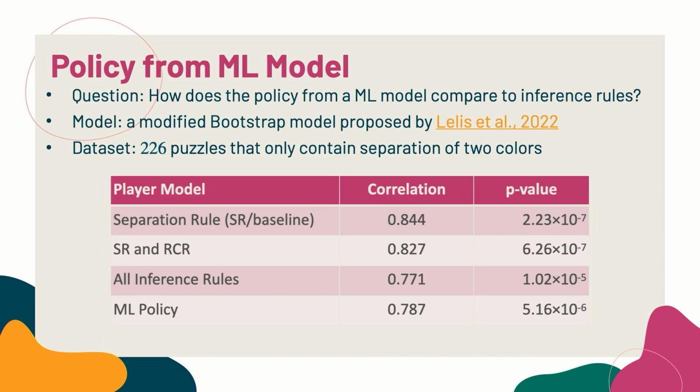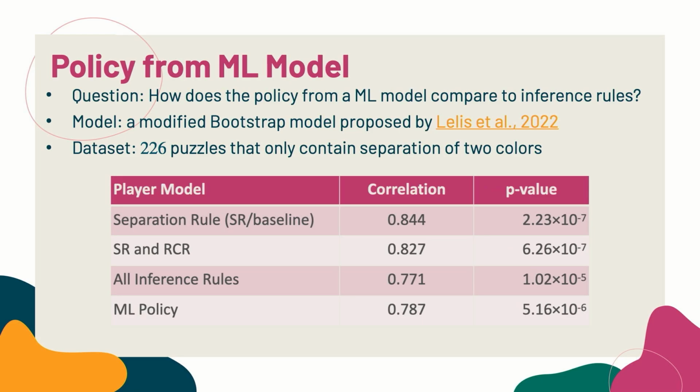One of the things we looked at then is we evaluated a machine learning model that had been created by one of my colleagues. And he just used this policy to learn how to play the witness puzzles. And now, because we have policies, we can actually ask, how well do these policies work? And what we saw is, although our inference rules can get a slightly higher correlation, the machine learning is actually doing a really good job of learning a high correlation of what humans actually find are likely to give upvotes on puzzles. So this is a really interesting result, and it's something that we could do now that we have this ability to evaluate